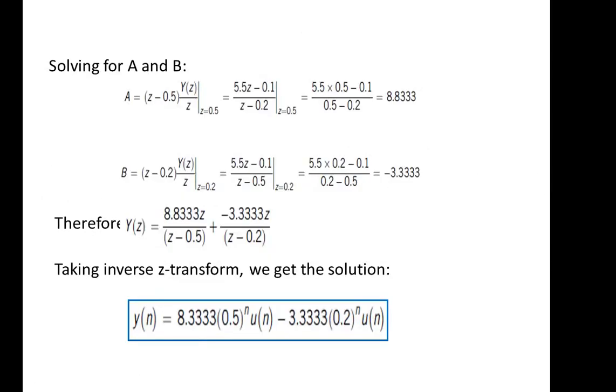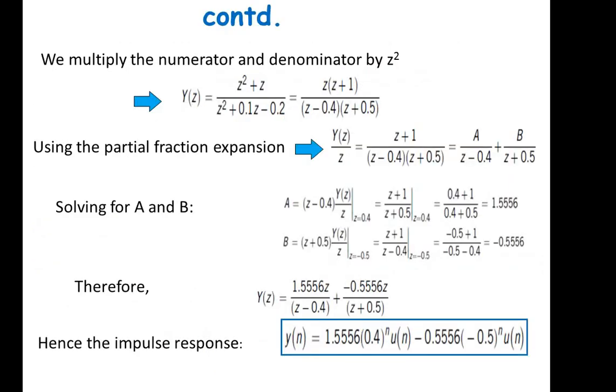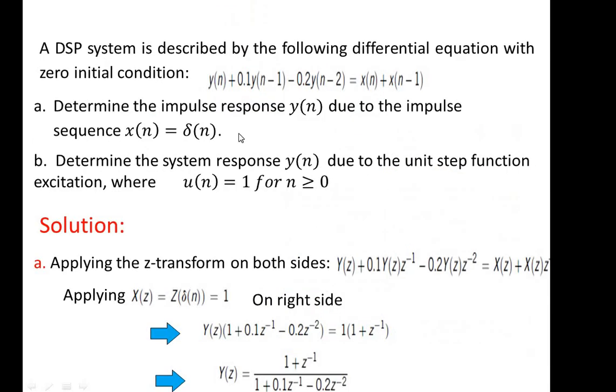Okay, so likewise in this problem we have to find the response for the input sequence x of n equal to del of n. The same procedure: we apply the z transform on both sides, and rearrange after applying initial conditions. Here we don't have any such initial conditions, so we can make the values 0. After that we are going to take partial fraction, and here luckily we have the value of x of n as del of n.